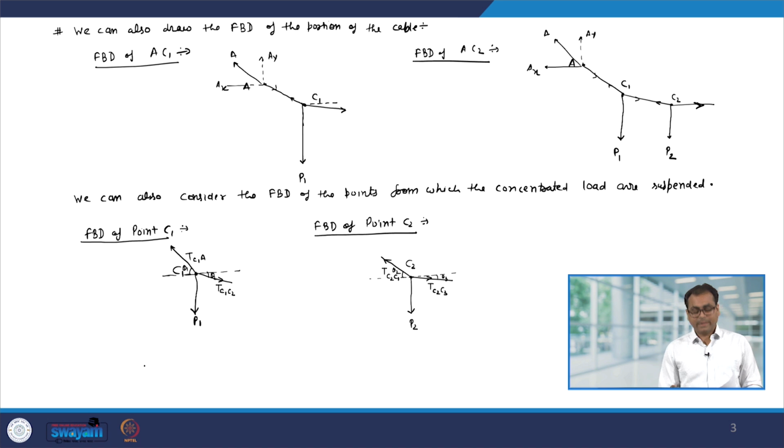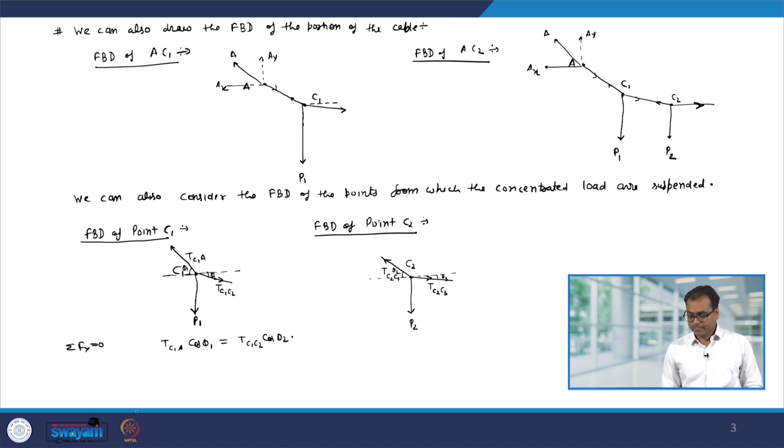So, we have to balance the forces in the x direction and the forces in the y direction. Let me balance the forces in the x direction first. I am doing summation Fx equal to 0 for point C1. So, I have T C1A. This is the tension and its component along the x axis will be cos theta 1, and this will be equal to T C1C2